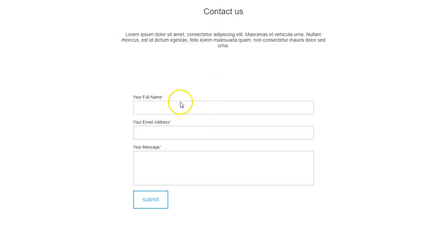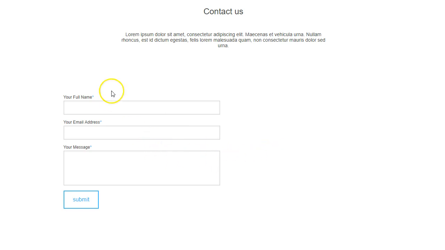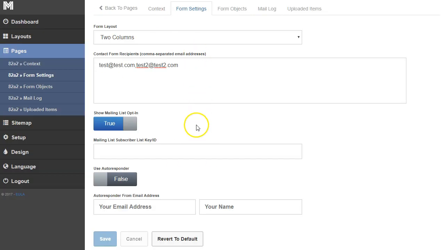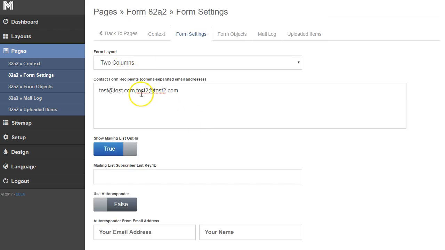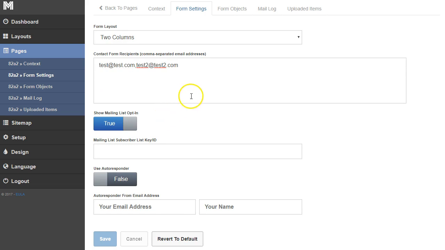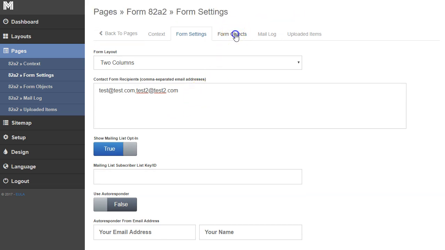And so when somebody's filling out this form, we don't have the mailing list option set up yet, so it's not going to show up. But if you have all of your mailing list stuff to MailChimp or whoever it is in the back end set up, it'll go ahead and show a little checkbox to make sure people can do that. So let's go back to making this a two-column form. So we have our two columns in there, and we're going to go ahead and go over to the form